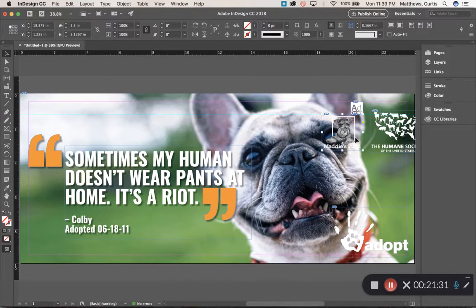Now I need to go ahead and resize the Maddie's Fund logo. So I'm going to click on it with the black arrow tool, hold down Command Shift so that I don't distort it, because I can't do that. I'm going to hold down Command and Shift. I'm going to make the logo smaller and I'm going to move it over here, until it's the same size